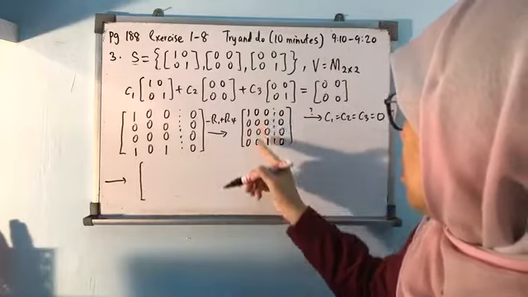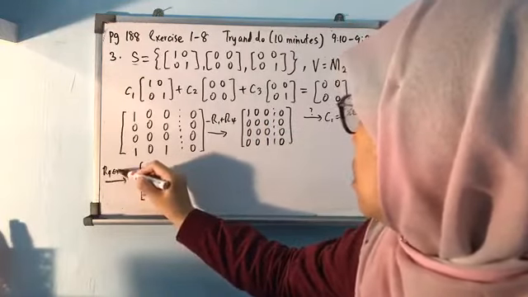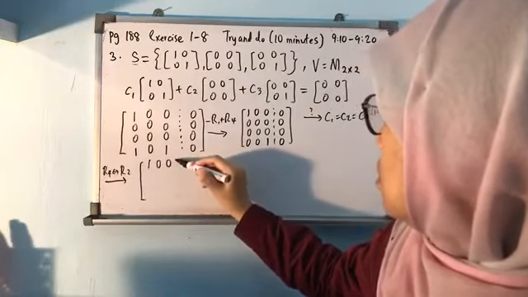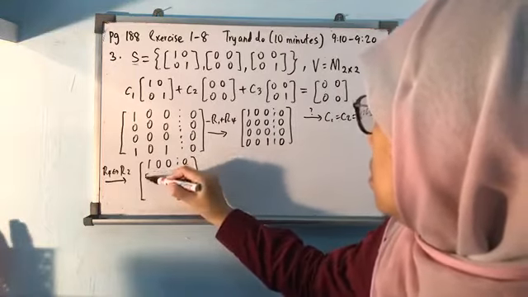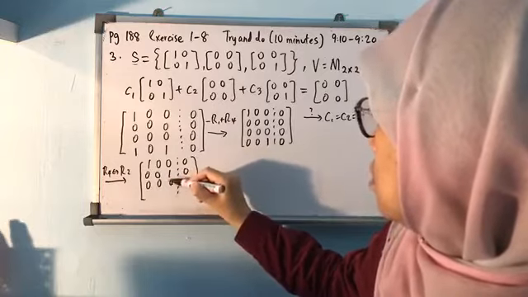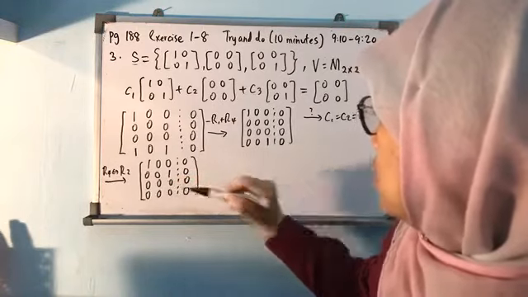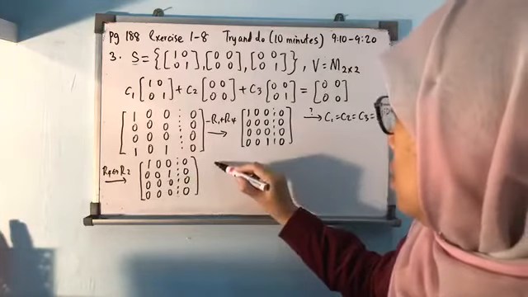Ni tukar ke atas kan? R4 change with R2. 1 0 0 0, 0 0 1 0, 0 0 0 0 0 0, 0 0. Okay, so